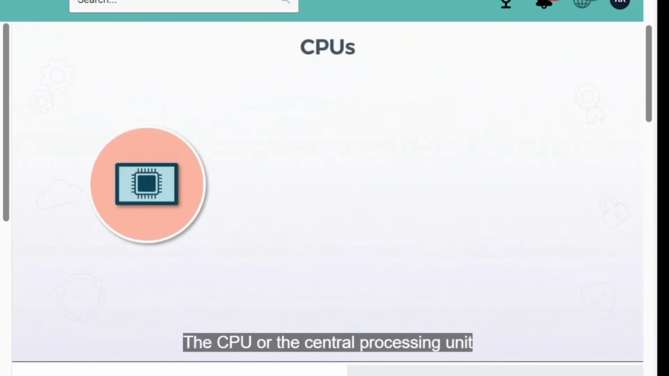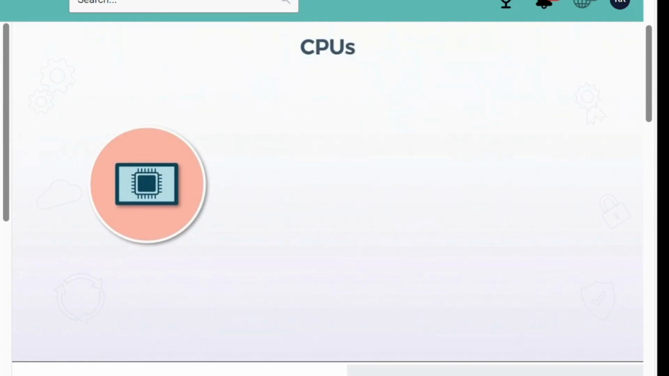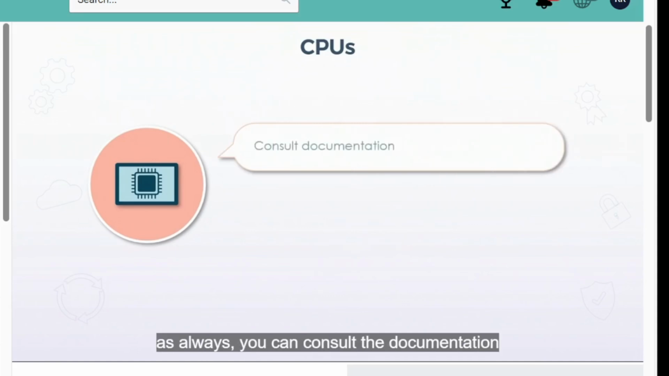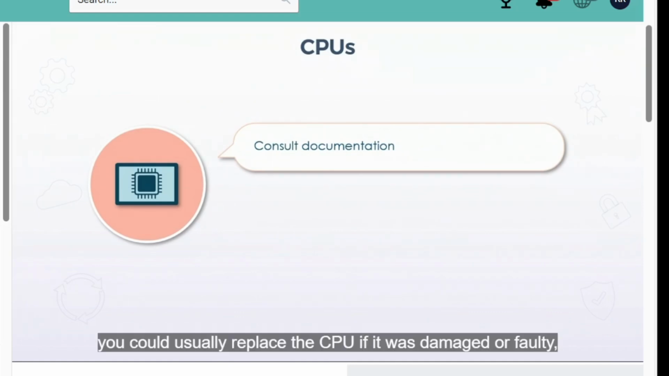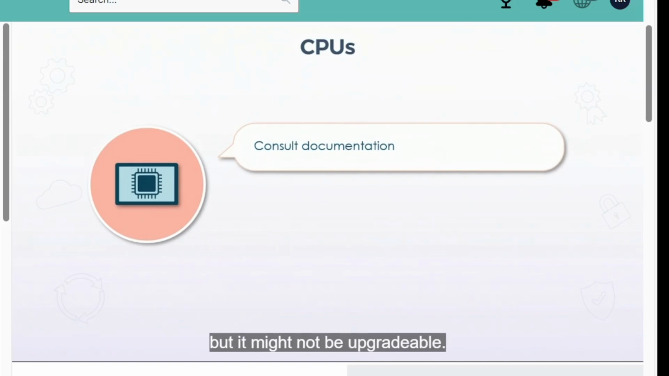The CPU, or the central processing unit, is effectively the brain of your computer, and every computing device has some kind of CPU. As for upgrading or replacement, as always, you can consult the documentation for the specific make and model of your motherboard to determine if the CPU could be upgraded, but in many cases, replacement might be your only option. For example, in most desktop systems, you could usually replace the CPU if it was damaged or faulty, but it might not be upgradable. In other words, you could remove the old one, but you had to replace it with a new one with